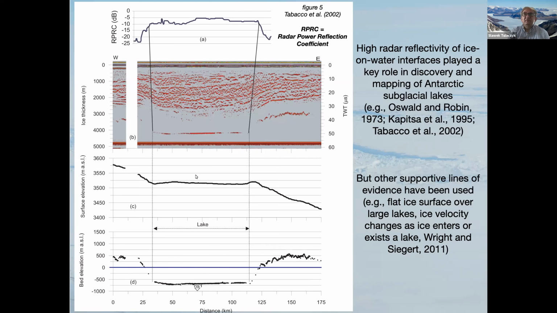So you have very low surface slopes. You have also characteristic patterns of both topography and ice flow as the ice enters large lakes and then exits from large lakes, with extension on one end and compression occurring on the other end. So the bed reflection strength wasn't the only one, but certainly became a very important factor in how we interpreted